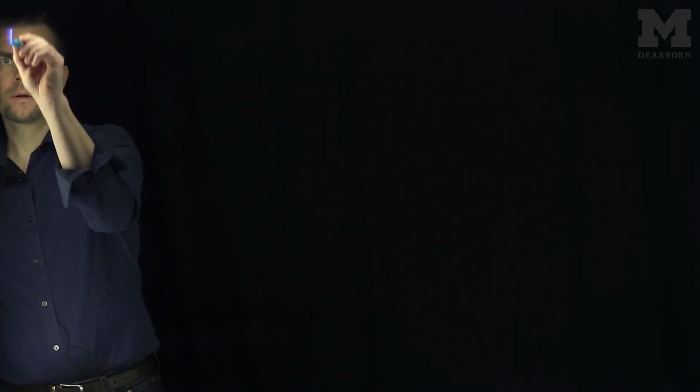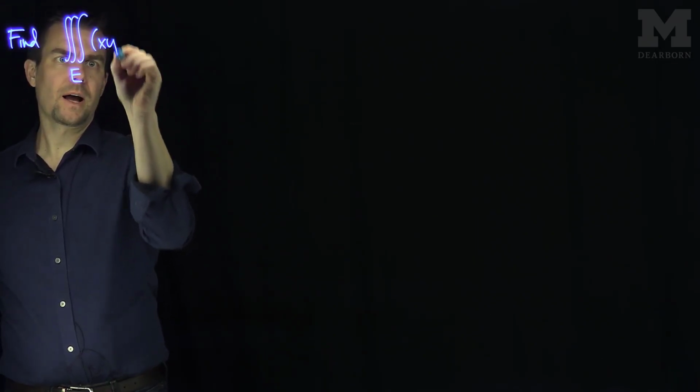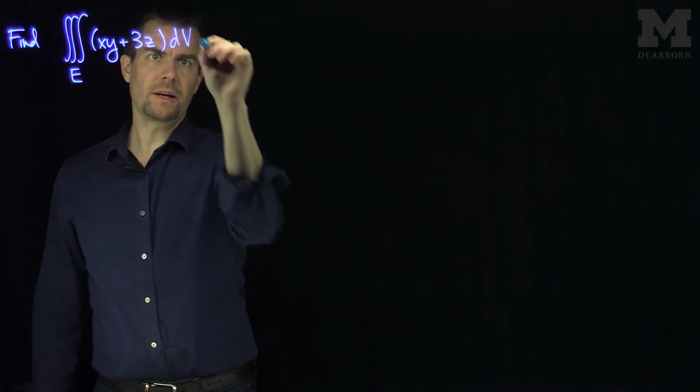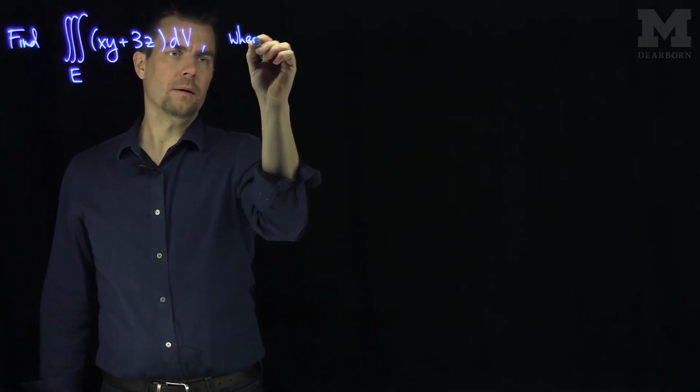Hello students, in this video we'll see an example of changing a triple integral into cylindrical coordinates. Let's find the triple integral over region E of x times y plus 3z dV, where E